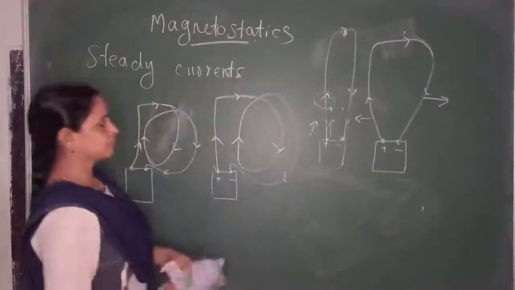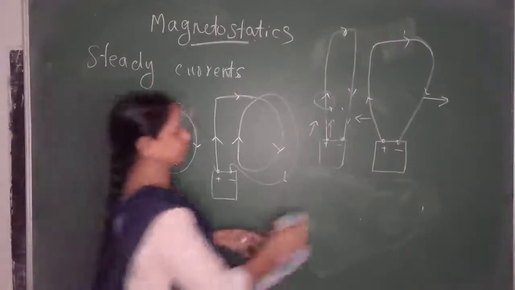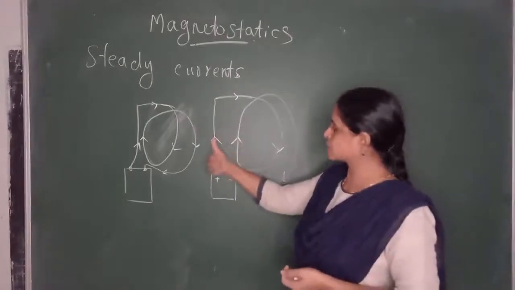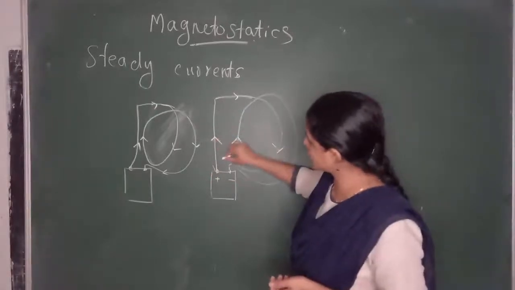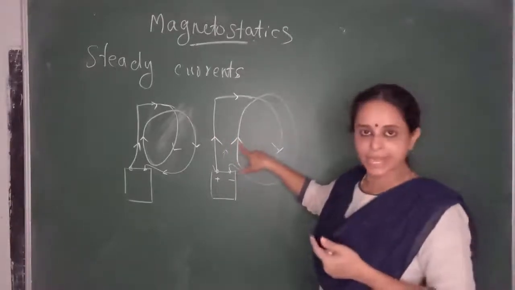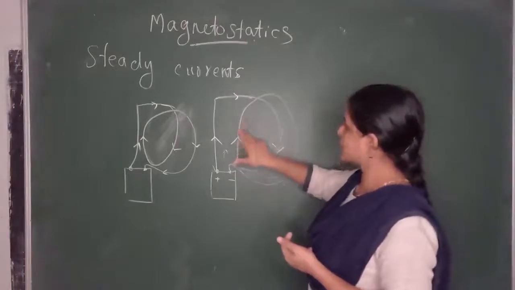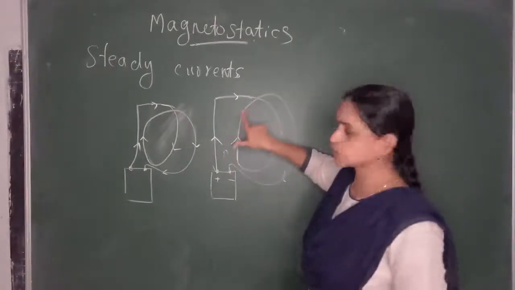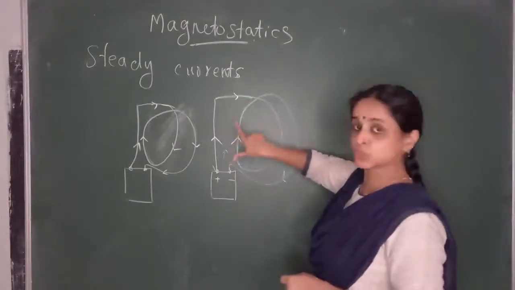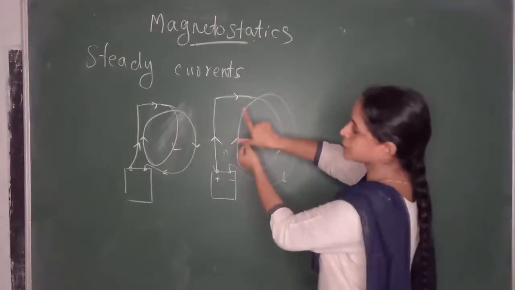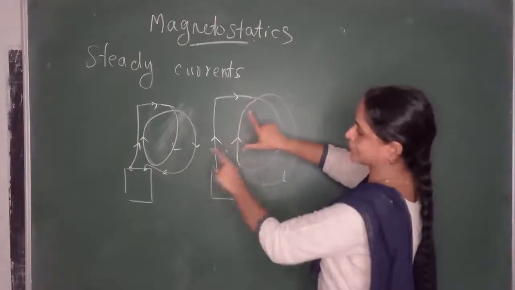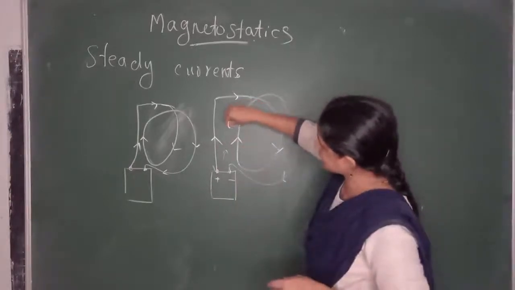Similarly, we can see what happened to this wire. Here again, the direction of current is in this direction. So the field due to the first wire is into the page. But here the direction of current is in the upward direction, so we have to place our forefinger in the direction of current, our middle finger in the direction of the field. Here the field is into the page. Then the force experienced by the second wire due to the magnetic field of the first wire is in this direction. So the wire will move in this direction.